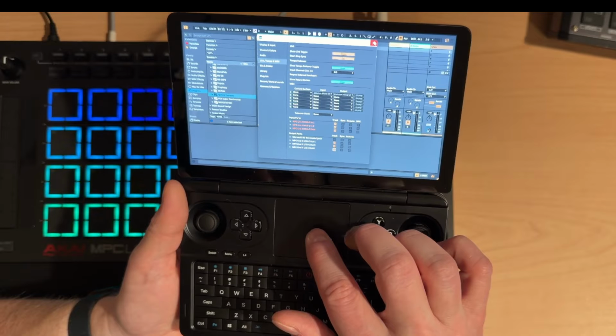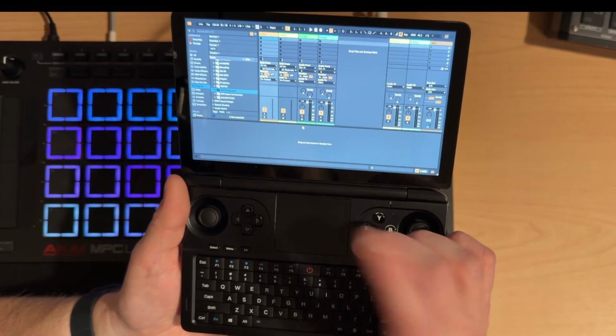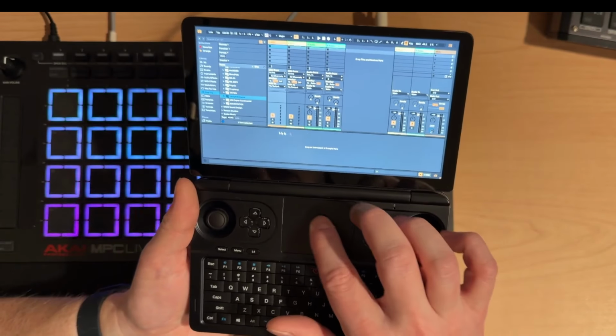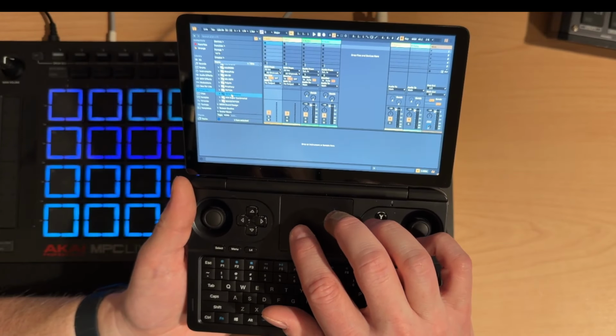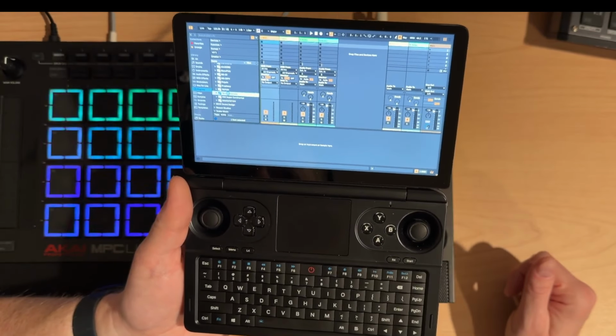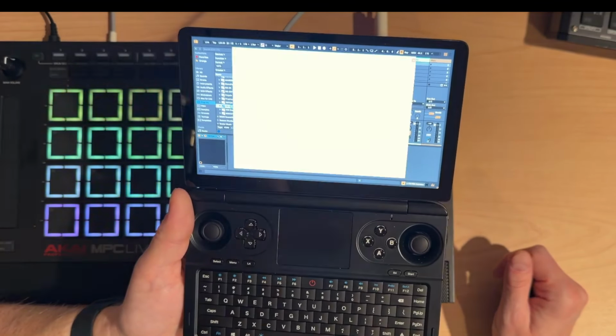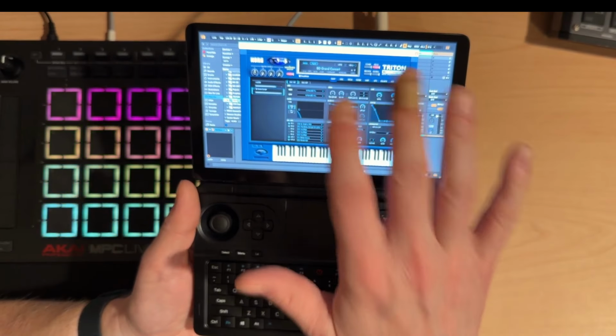And we can close that. And this is where things get kind of fun. I really like the Triton sound, the Korg Triton sound, and I sample it quite a lot because there are a lot of fun things. But if I don't have it with me, I can actually load up